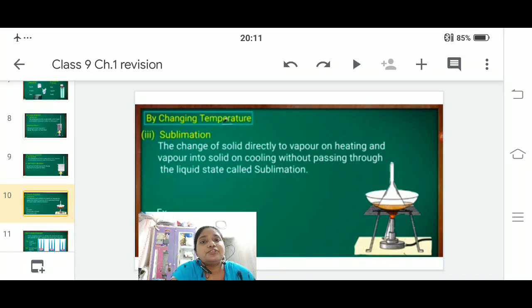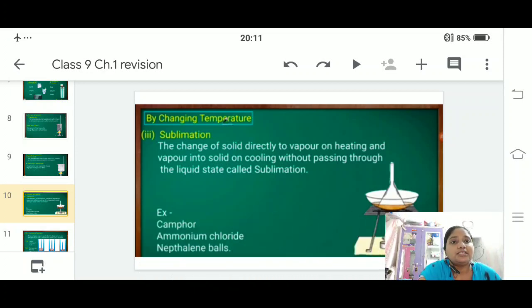The change of solid directly to vapor on heating. As I explained in the last class also, the solid directly changes to a vapor or gaseous state without undergoing the liquid stage. You call it a sublimation reaction.